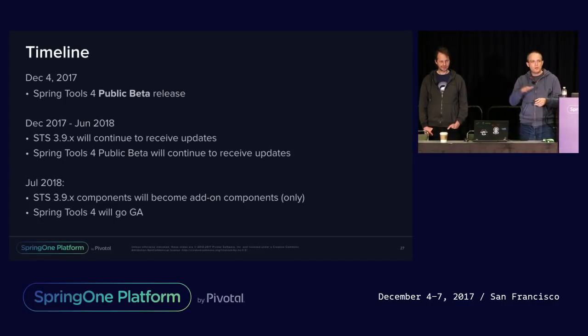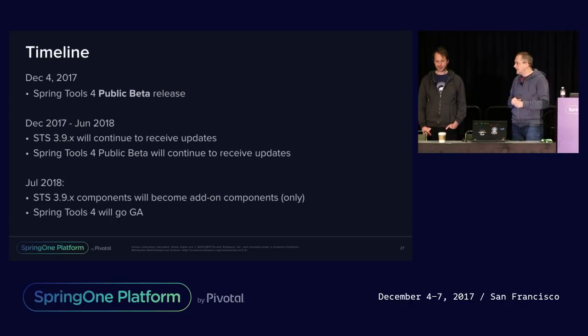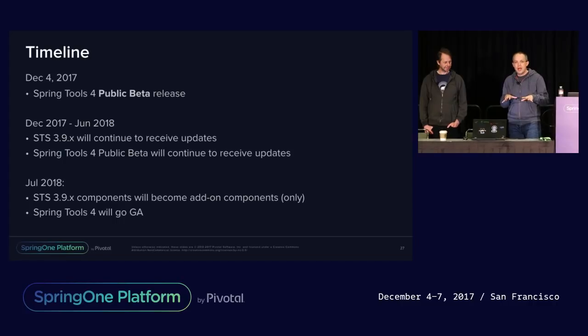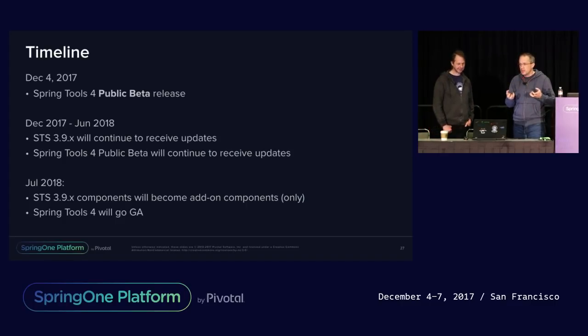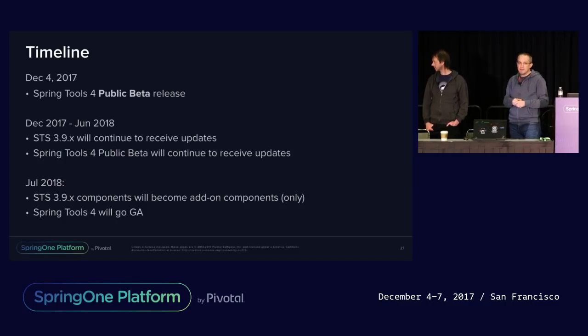So within that period, we will continuously ship updates to the existing Spring 3.9.x stream, update that to new Eclipse versions, fix bugs, improve it slightly, and at the same time, we will continuously update the public beta for Spring Tools 4. So you will be able to get new updates from that stream, new features, if you want to see what's going on in that time period, in the next half year, basically the next 7 months, roughly. In July next year, around the mid of next year, there will be the shift over to the new tooling, right? So in the mid of next year, the new Spring Tools 4 will become the main component that we ship as the IDE